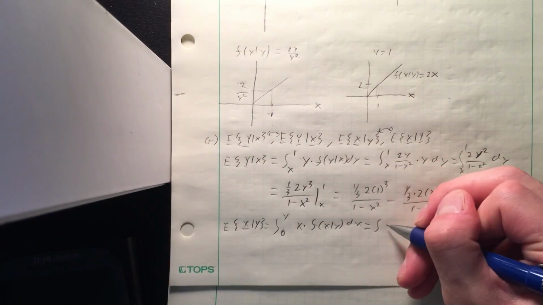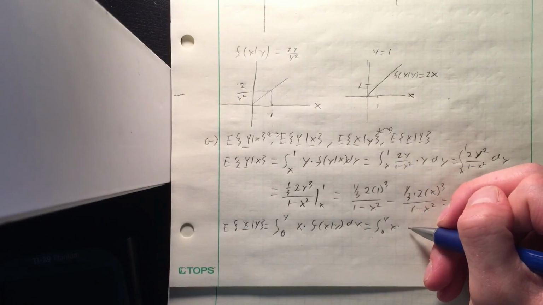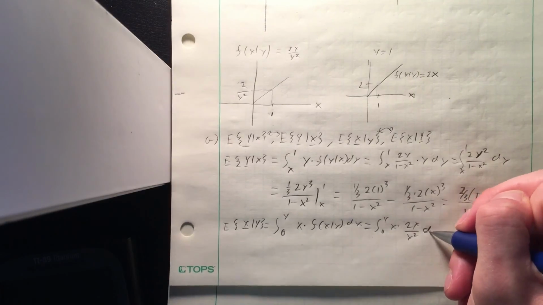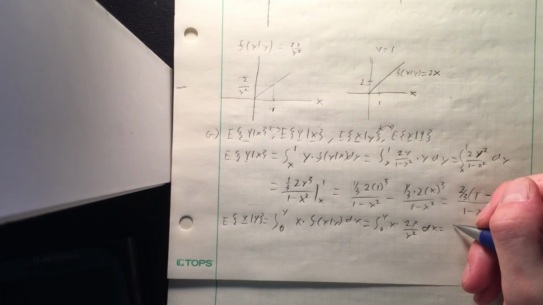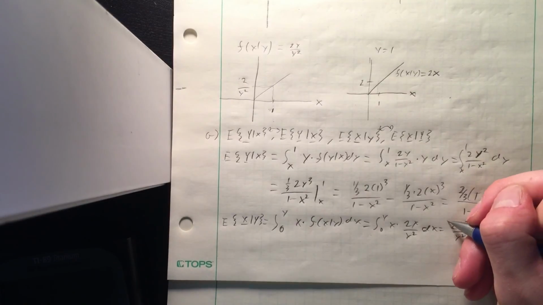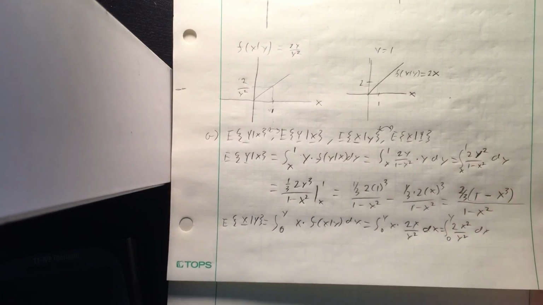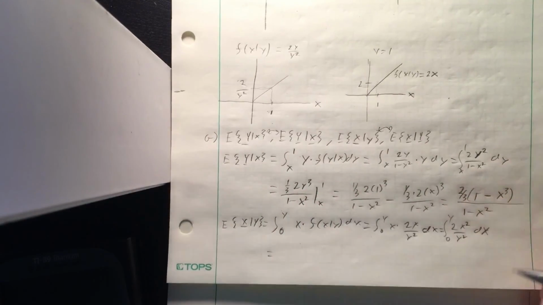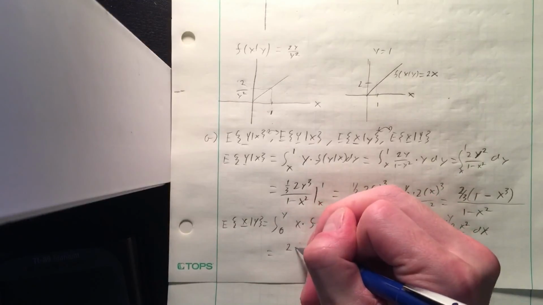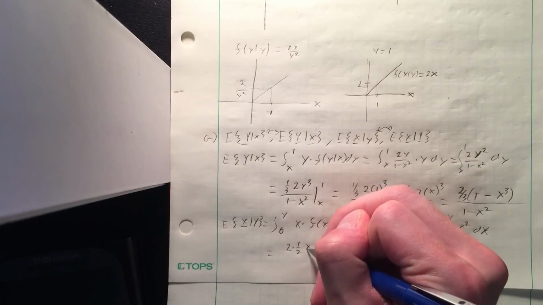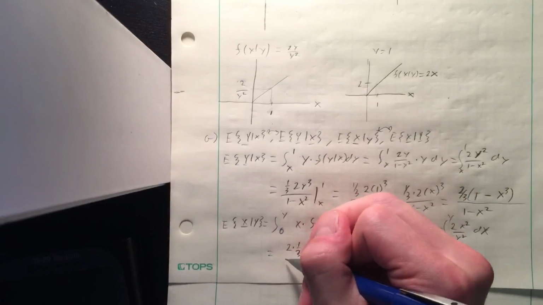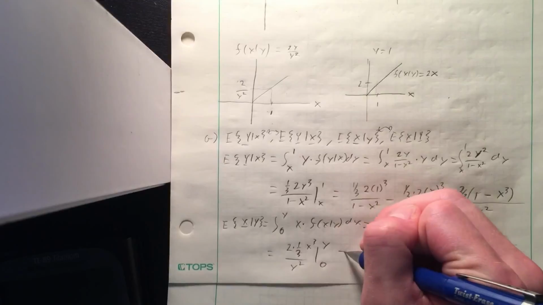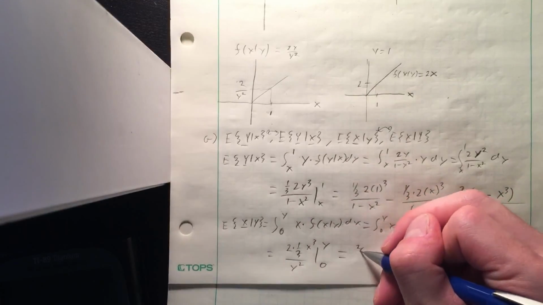So that will be the integral from y to 0 of x times 2x over y squared dx, which is 2x squared over y squared dx. So evaluating that for x, 2 times x cubed over 3 y squared, from y to 0, which will be equal to 2/3